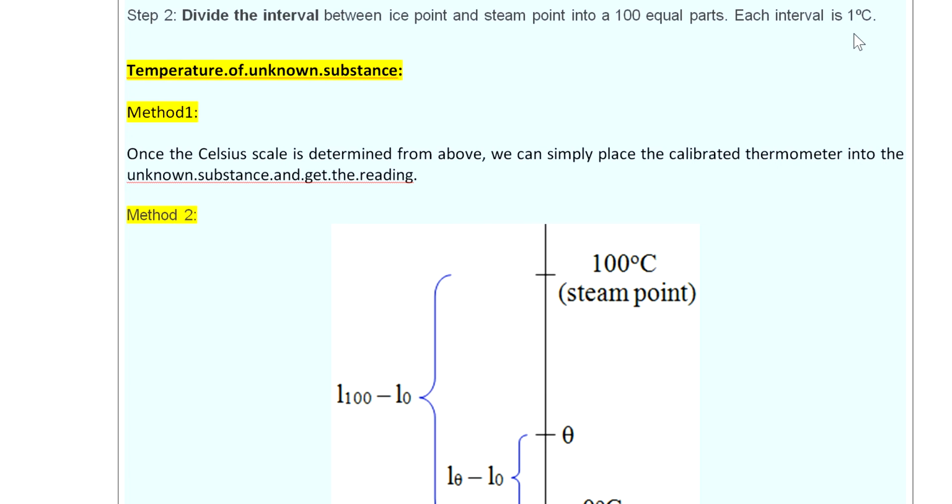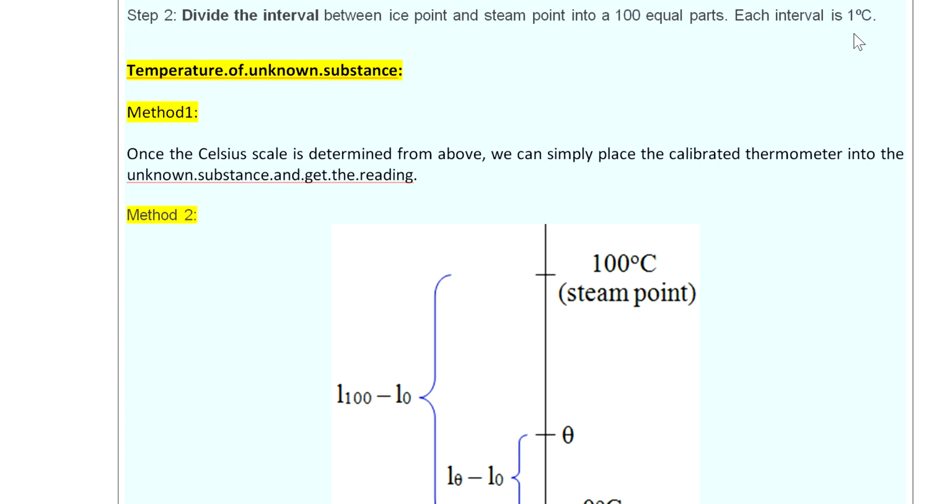So students, now the examiner wants us to find the unknown temperature by 2 methods. The first method is very easy and convenient, which doctors and we use at home. The second method is the liquid displacement method, or you can just say displacement method. So the temperature of an unknown substance is also our topic for today, in which we will determine how we can measure the temperature of an unknown object.